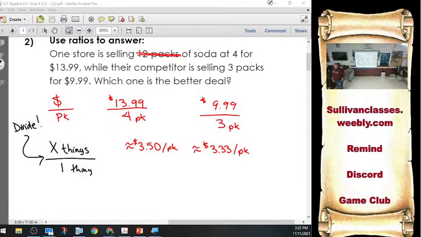Okay? I need to divide. Now the question is, which way do I divide? You have to ask yourself, what am I trying to find here? Which one makes more sense? Am I looking for,